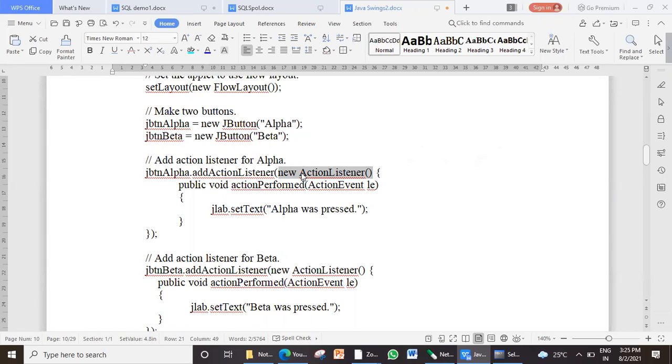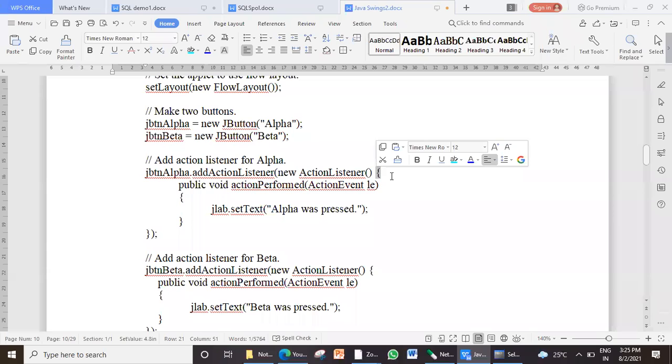So what should we do? Interfaces should be implemented by some class, and then its instance can be created, to override the abstract methods defined inside ActionListener. Anyway, we have already discussed this concept when I explained anonymous inner classes. So here, to instantiate the listener directly, I have created an anonymous inner class.